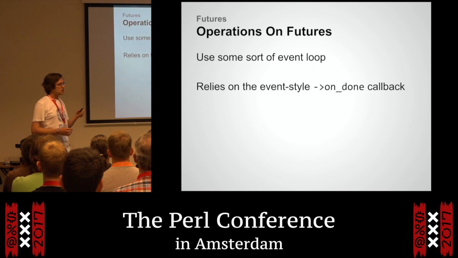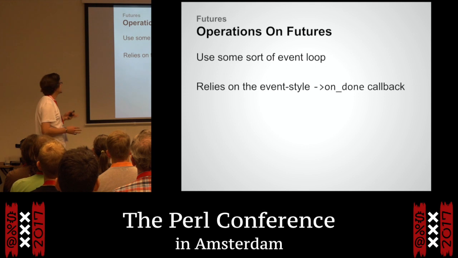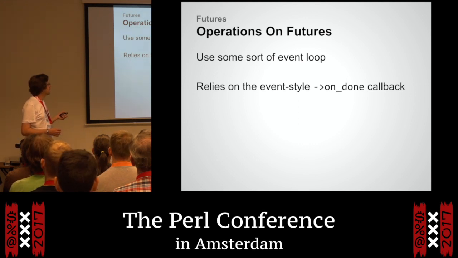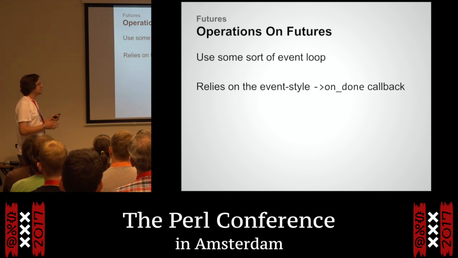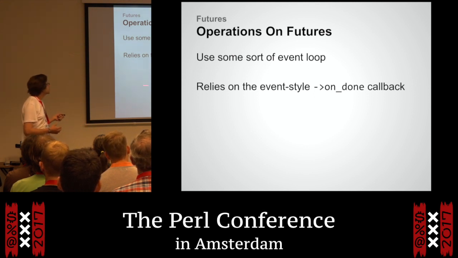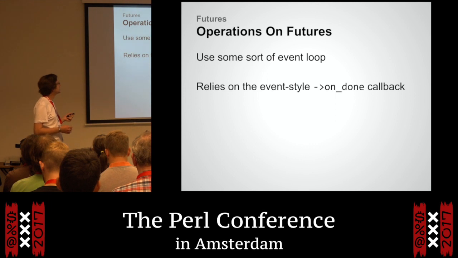The third way that you tend to try and use futures in larger programs is you need to back them by some kind of event loop. And then there are some extra little hacks and methods on futures to make using them in event loops a bit nicer. So if you have something that keeps a reference to the future and makes sure that as an object it's still running, you can attach callbacks onto it to say, when you're finished, run this callback. You have to be a bit careful not to end up going into the kind of callback mess that you were trying to avoid with futures in the first place. But it generally works okay.